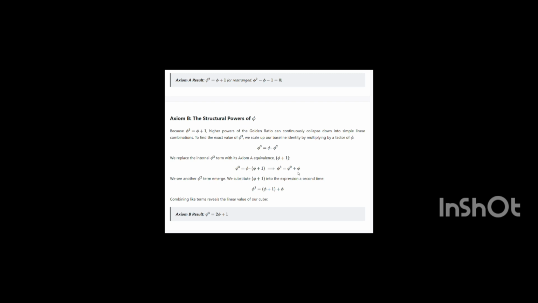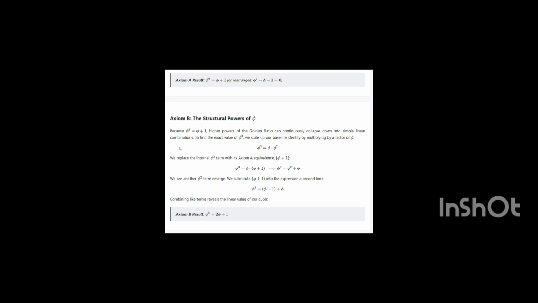Now again we have phi plus 1 equals phi squared. So we can put here phi cubed equals phi plus 1 plus phi, where we are putting phi plus 1 instead of phi squared. So I hope you can understand. That is, phi cubed equals phi plus 1 plus phi, which would be equal to 2 phi plus 1. So here we can get high powers of the golden ratio and can continuously collapse down